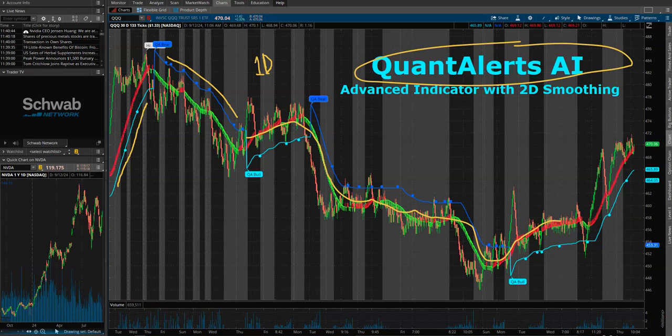So one-dimensional smoothing is the HA1, or what we'll call the Heikin-Ashi 1, reading price, with our math built into the visual appearance of what looks like a Heikin-Ashi smooth. Then the trend bias portion of the indicator, the solid line in either aqua or Dodger blue, is where we see when there's flips in momentum. So when we get a flip in momentum from upside momentum to downside momentum,